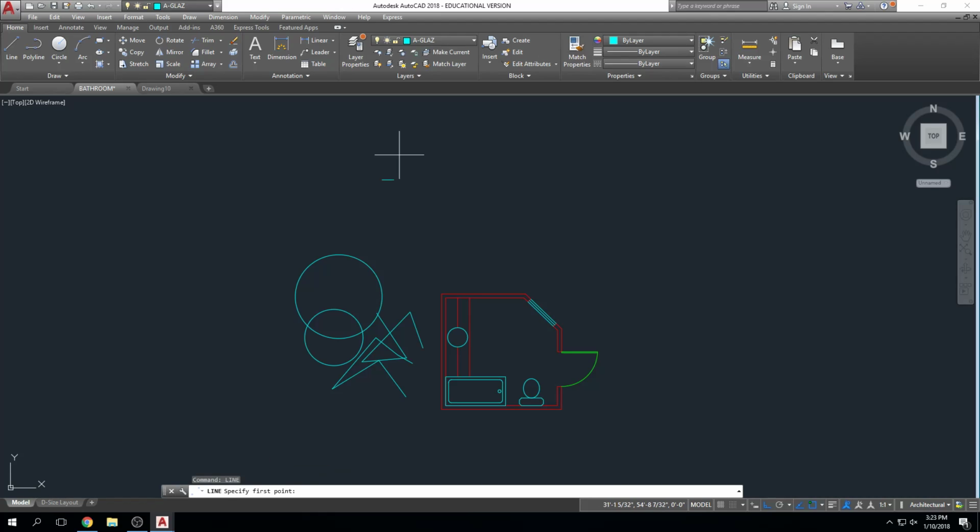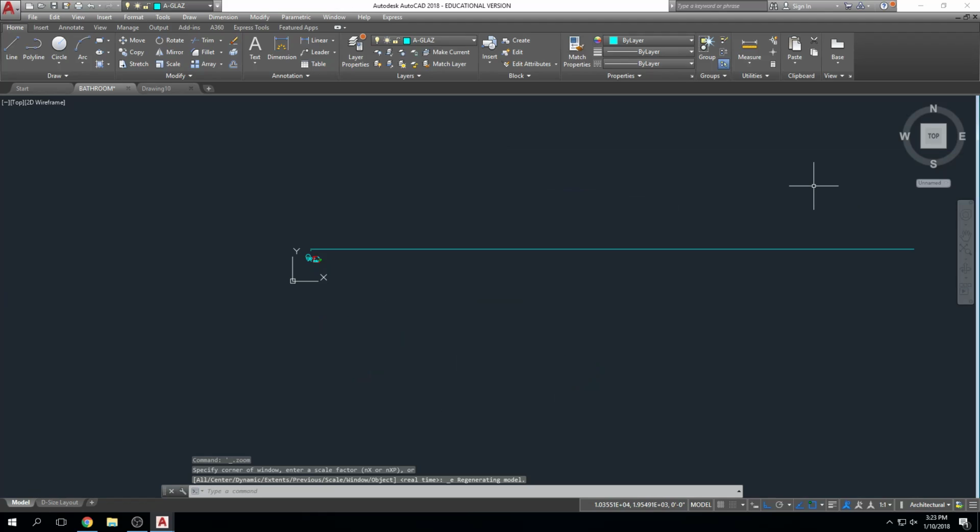Okay, and I can draw things as long as 1,000 feet. So when you're drawing something, don't think, oh, that thing is 400 feet by 400 feet, I need to make it smaller so that I can draw in AutoCAD. Don't think that way. Think it's 400 feet by 400 feet, I need to draw it that big, so it doesn't get overwhelmed. The program, AutoCAD, I mean,